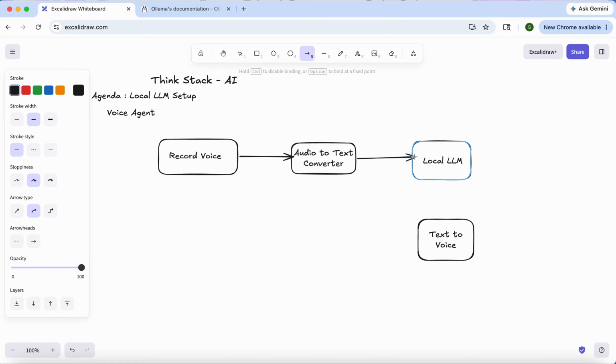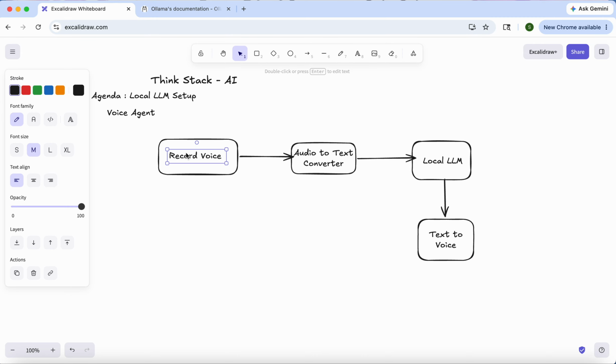So basically I've done a small thing, so I'll show you how you can achieve it. This is a very interesting use case I see with this. So basically, we'll record the voice and have the wave file, right? And then with that wave file we try to convert it into text, and then the local LLM will use